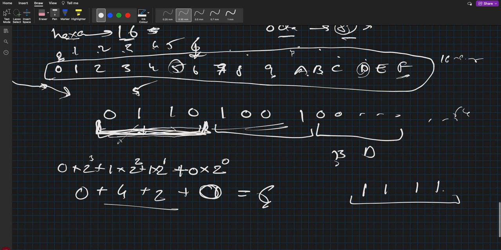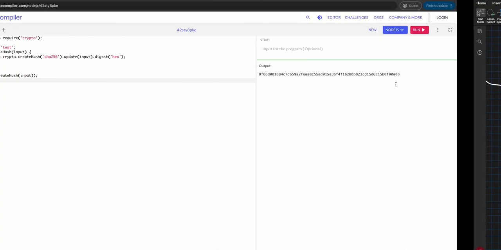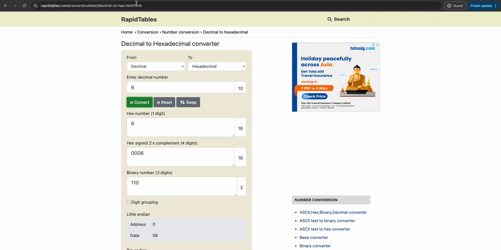So if you do 2 to the 0, this would be 1, this would be 2 to the, sorry, 2 ones are 2, it would be 2. And then this will be 4, and this would be 8, right? So 8 plus 4 is 12, 12 plus 2 is, let me see, I'm getting a bit confused here. Binary